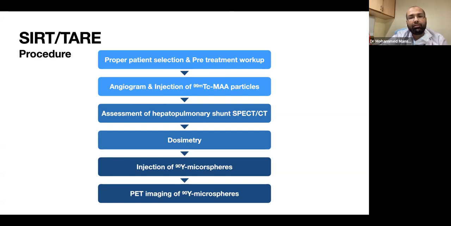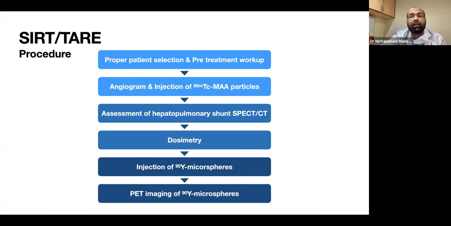This is followed by an angiogram and injection of MAA particles in the cath lab. This is the prerequisite for the microsphere therapy. And after injecting MAA particles, we assess the hepatopulmonary shunt fraction by doing a SPECT CT scan. We calculate the dose required for that particular